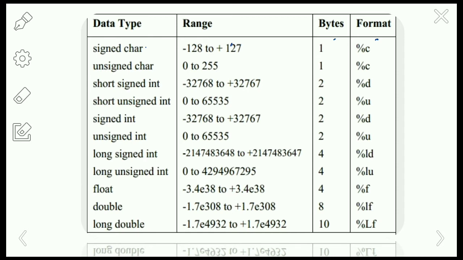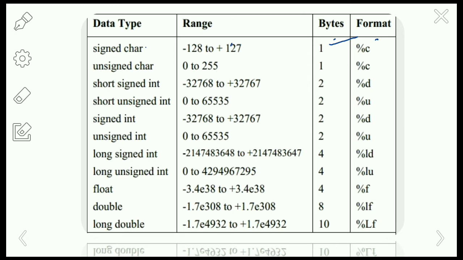Normally the character has 1 byte of memory space, and the format specifier is %c. If we enter a character through the keyboard, we save it through the format specifier. The character has only 1 byte of data, and 1 byte means 8 bits of data.